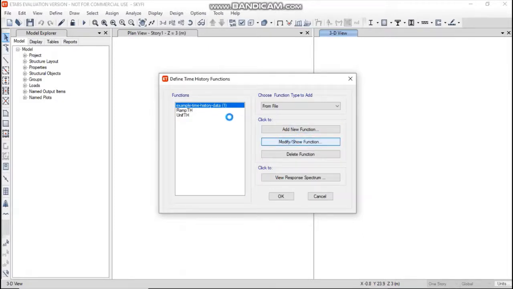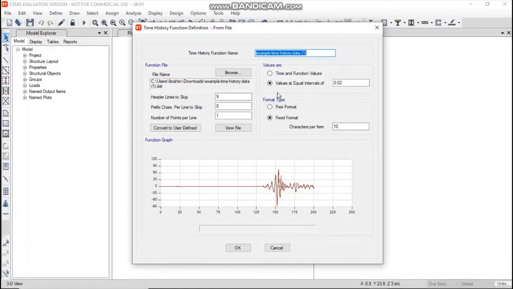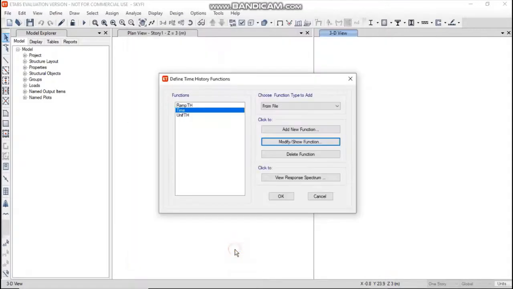Here the name has not been changed. So let us change the name now. So change the name again to time. Okay. So you can see the name has been changed to time. Click on OK now.